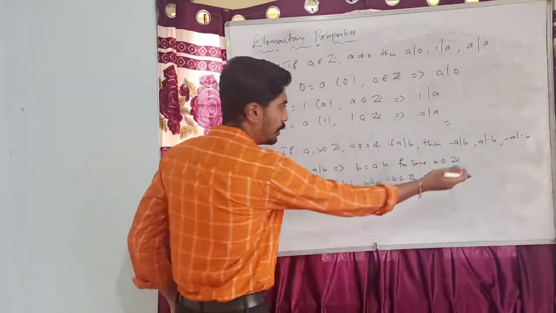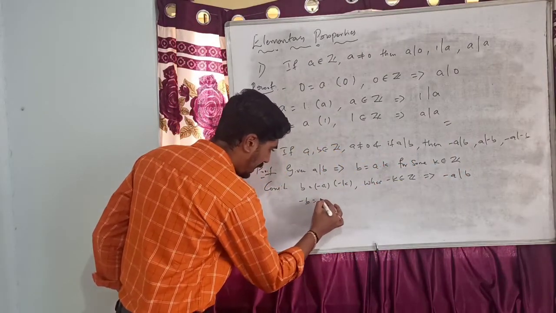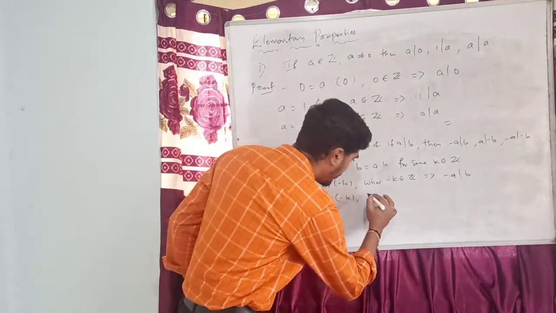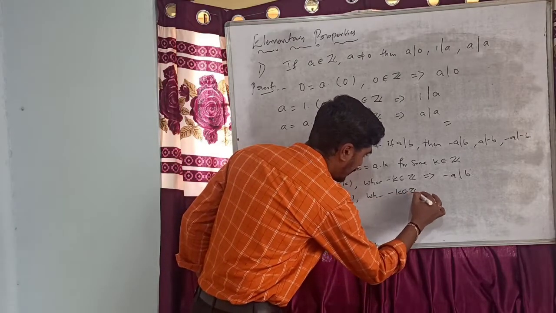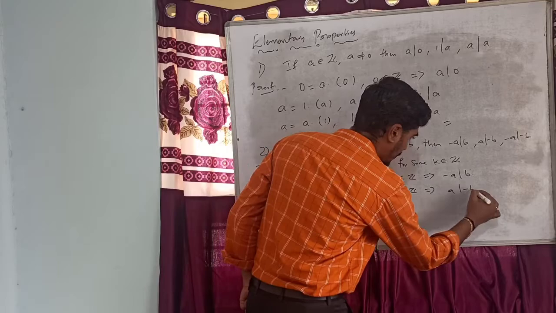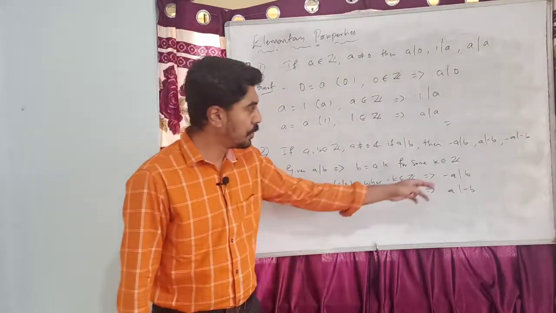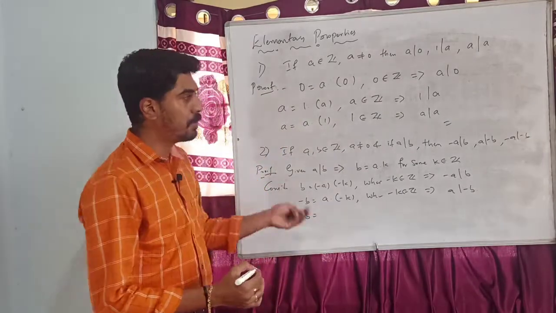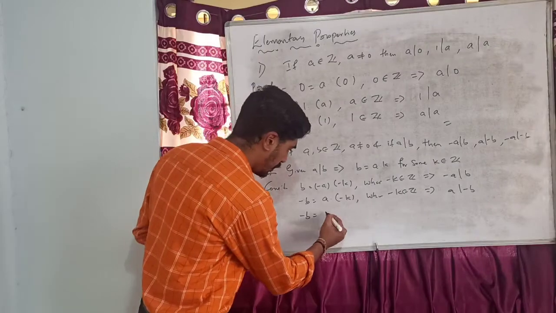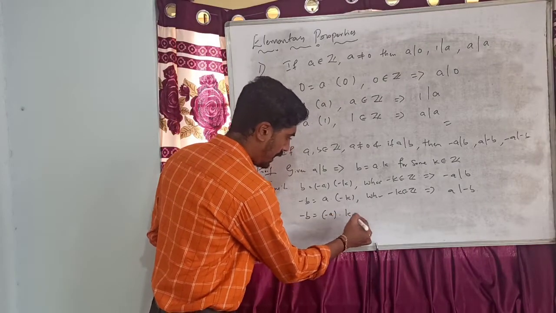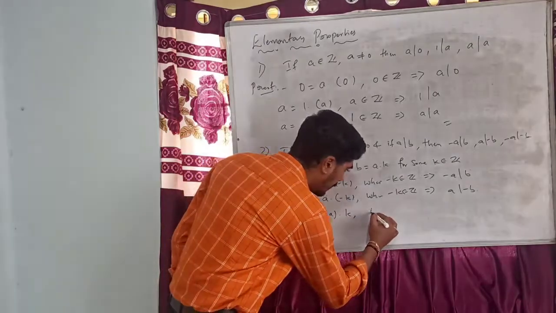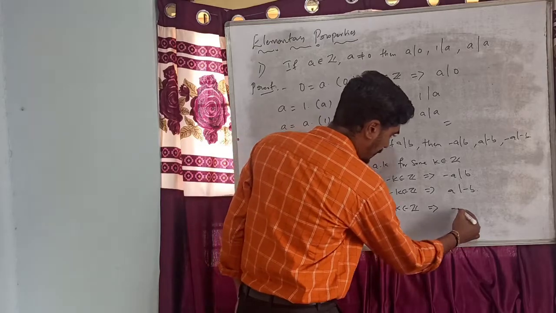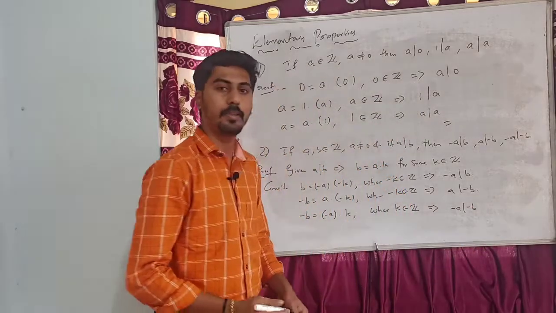Similarly, to prove this, I can write minus B as A into minus K, where minus K is an integer, therefore A divides minus B. Finally, to show that minus A divides minus B, we should express minus B as an integral multiple of minus A, which is possible since minus B is equal to minus A into K, where K is an integer, and therefore minus A divides minus B.